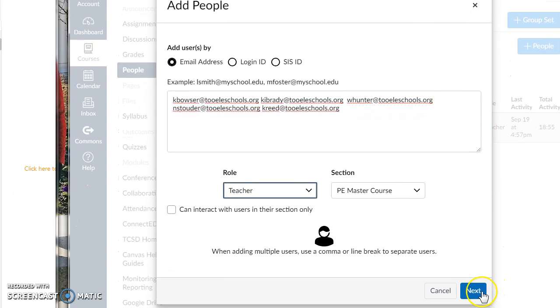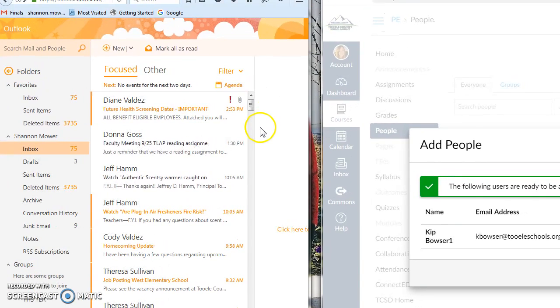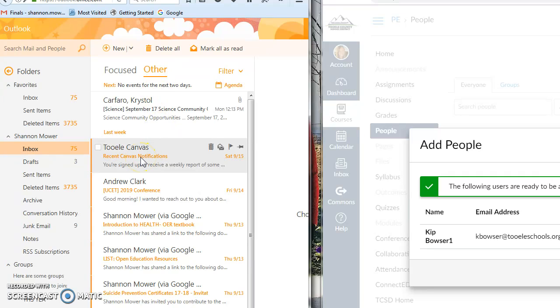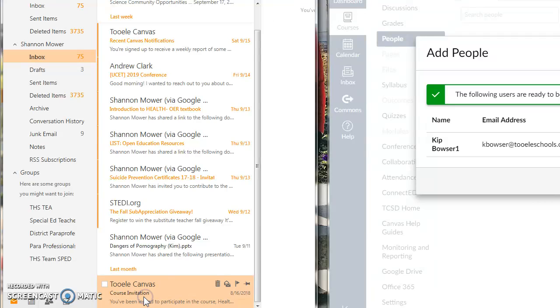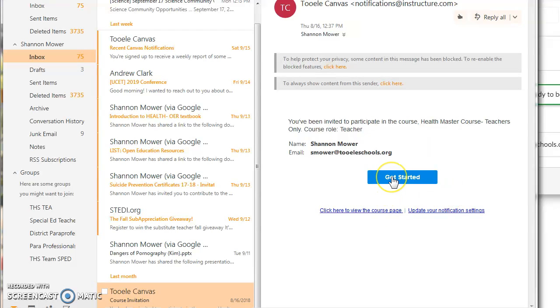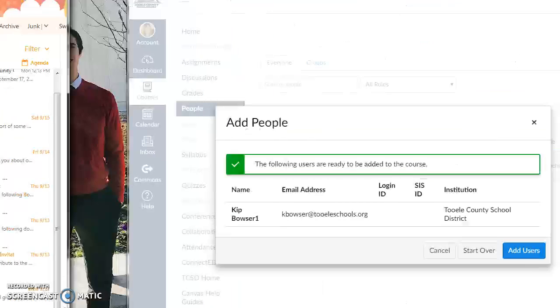Next thing we're going to do is click Next. And it says these people are already added. And so it's going to add all of these teachers. So it says Kip got in just fine. And if you come over here now into your teacher email, you will see that you should have an email now. You'll click on Other and Twila Canvas Notices. You can click on that and you can click Accept Course. If you'll look down at the bottom, here's my course invitation from a different class. And you'll get an email that'll open something like this. And you'll need to click Get Started and you'll be able to add anything. So that's the easiest, fastest way for me to do